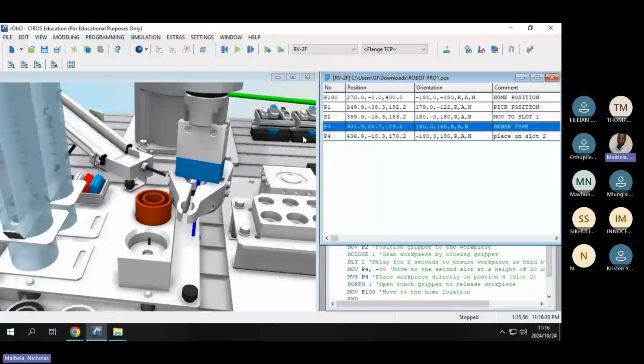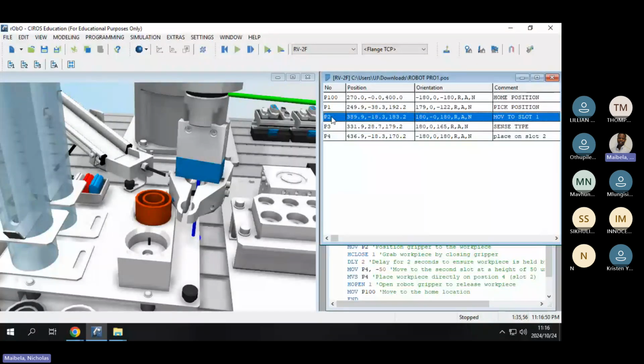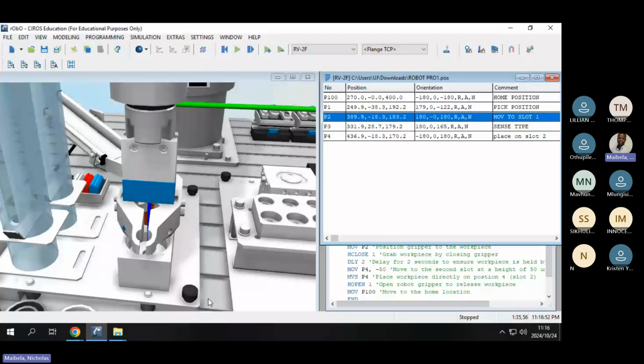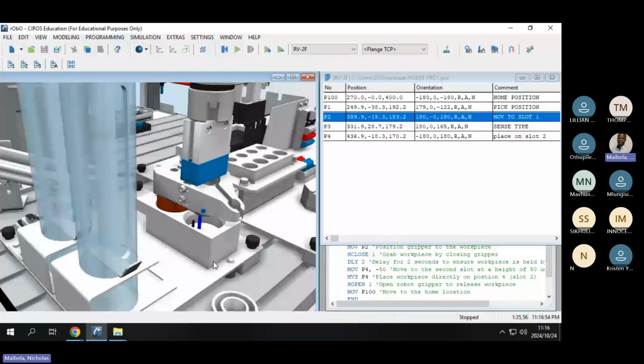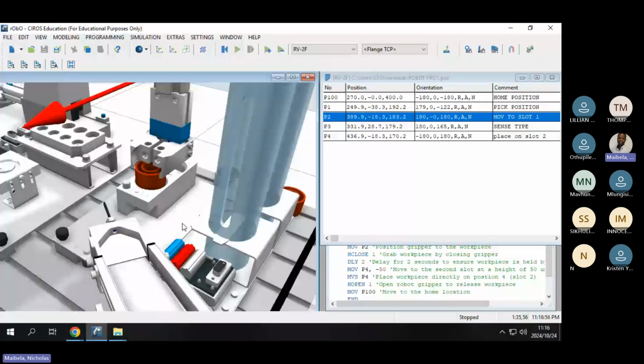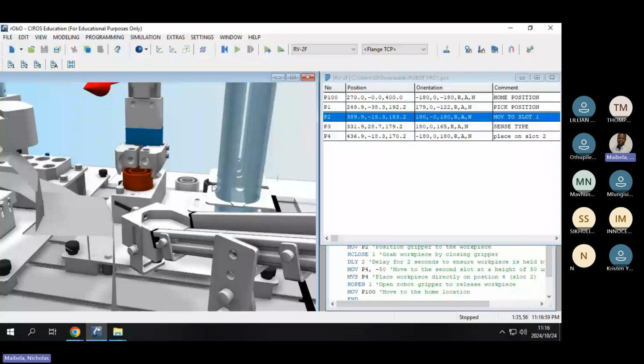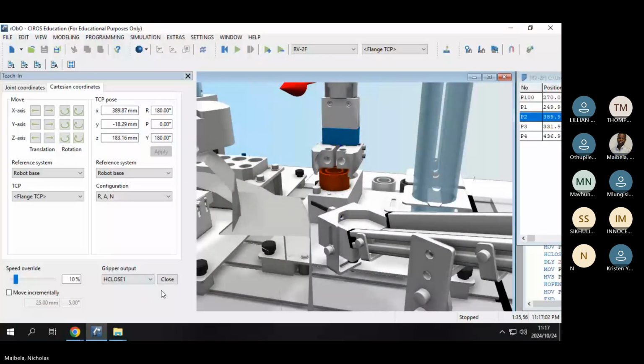So after position 3, what we did is we went back to grab our workpiece. Now, what does that mean? You go back to slot 1, right? So that we can close the gripper. So just go to programming, teaching, and then close, right? And then once you've closed your gripper, now